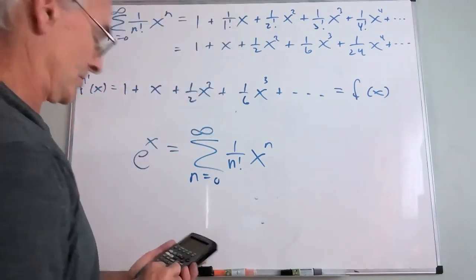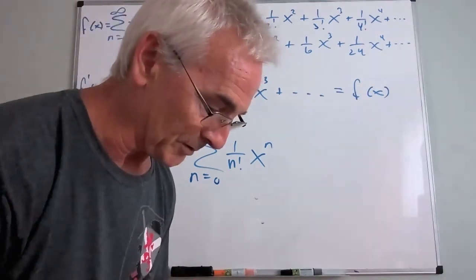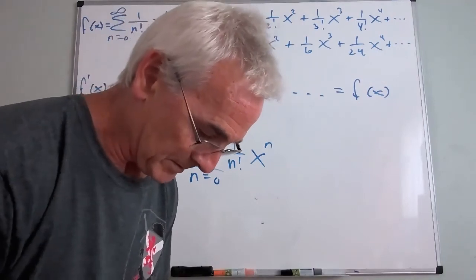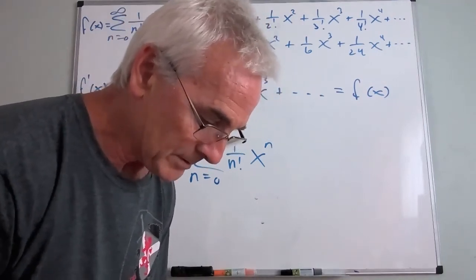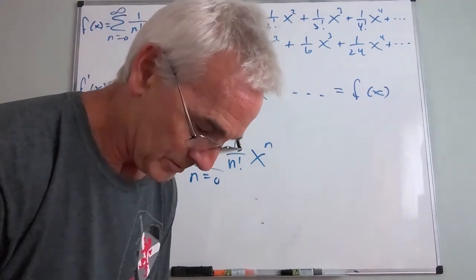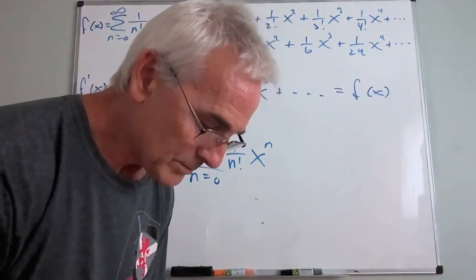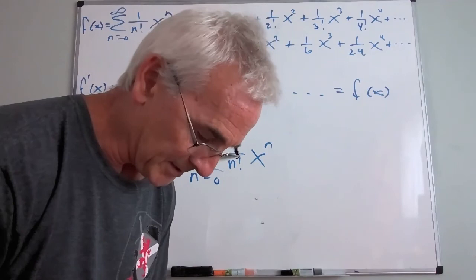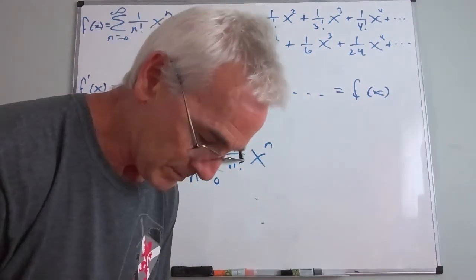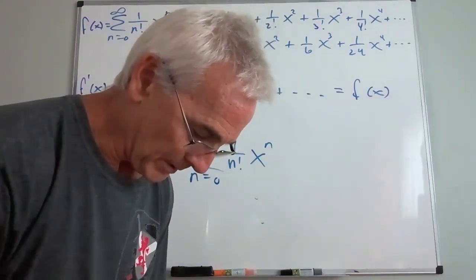X squared over 2. There we go. Okay, I'm just going to do the first few terms. I'm not going to do tons of terms. Plus x. The light in here is not great. All right, plus